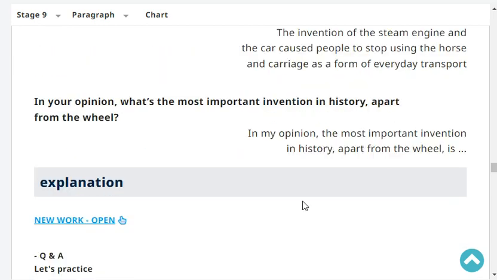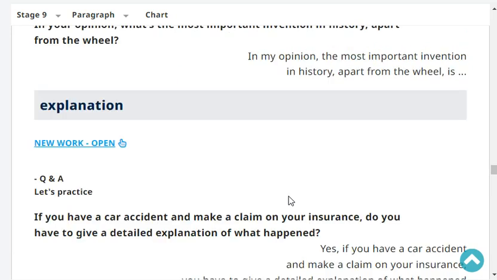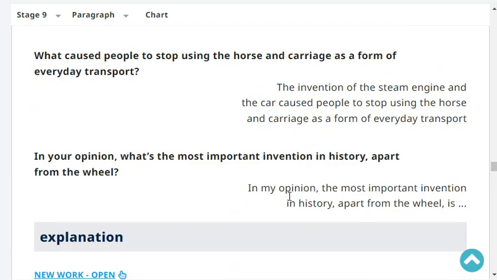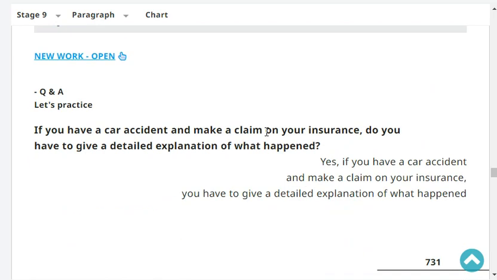In your opinion, what's the most important invention in history apart from the wheel? In my opinion, the most important invention in history, apart from the wheel, is the airplane. Very good. If you have a car accident and make a claim on your insurance, do you have to give